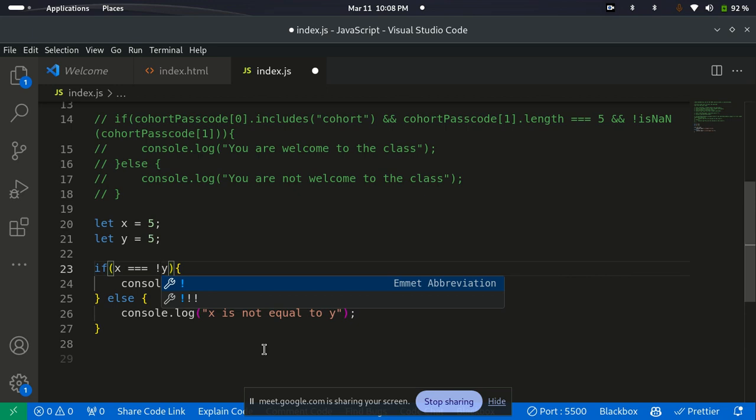Okay, let me use if x is not equal to y. You can actually do it like this too. So it's still going to compare type. If x is not equal to y,